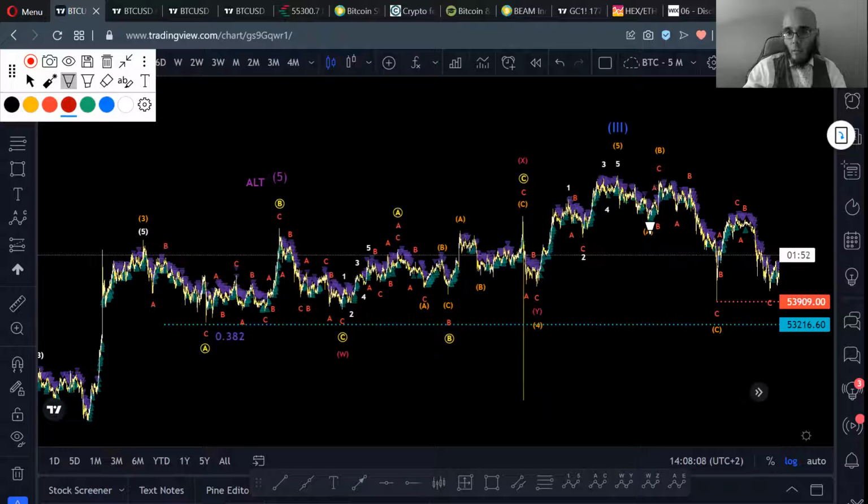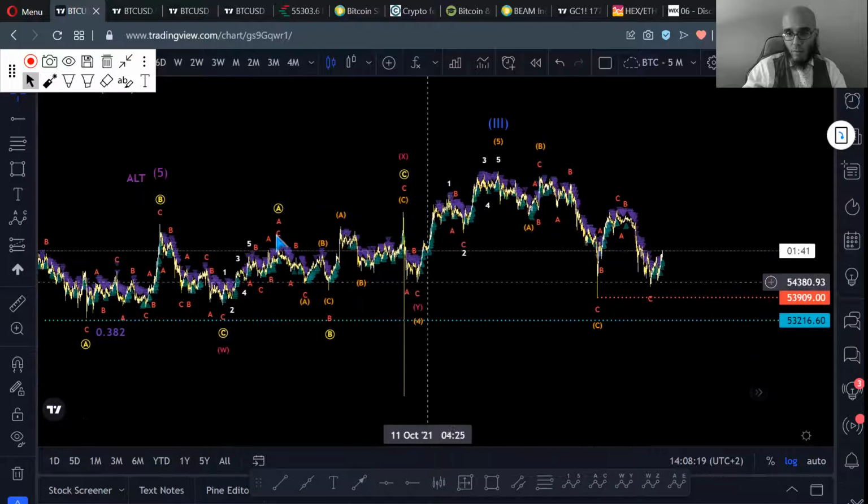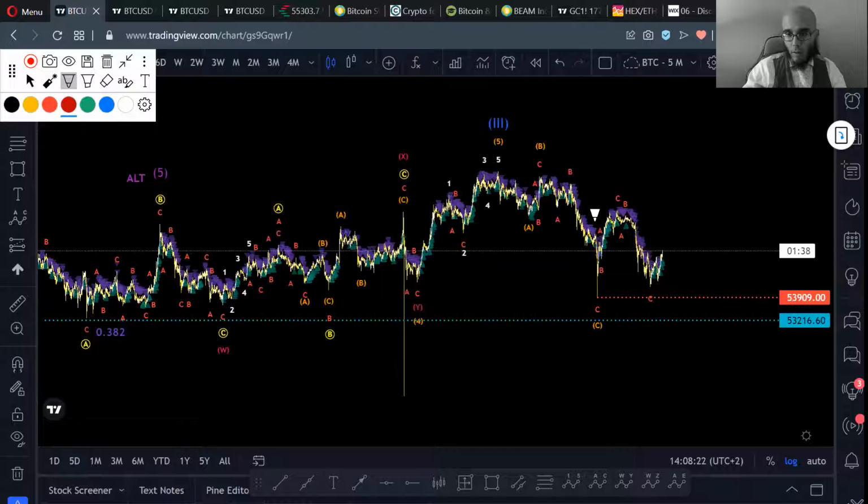And from the top, I think we had an A, B, C correction. The first part. And after that, we did have an X wave, an A, B, C up. And then we had again an A, B, C down. And right now I'm not certain what that last up wave is, how high we will go, but I'm expecting lower prices. I'm not seeing lower prices on the 5-minute chart right now, but I'm seeing it